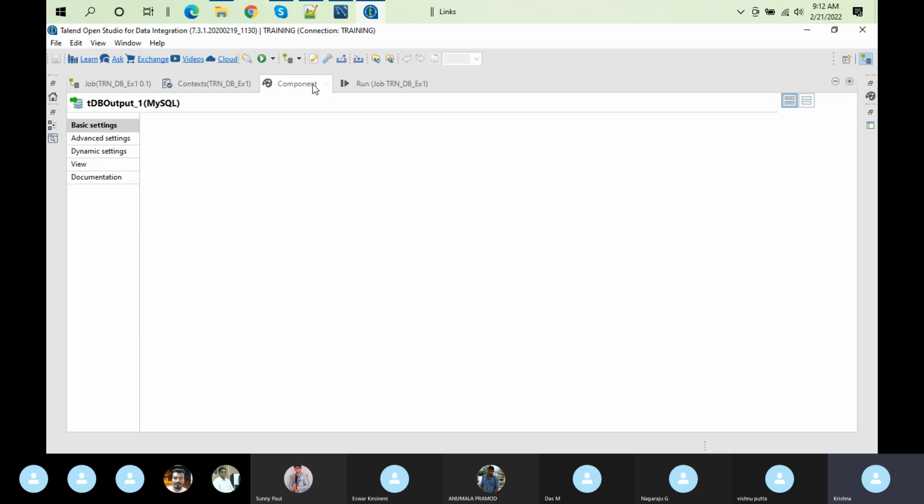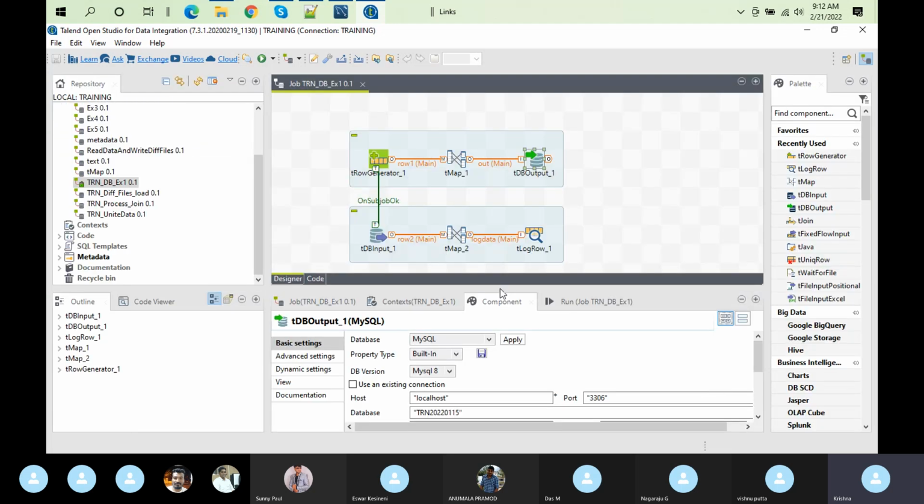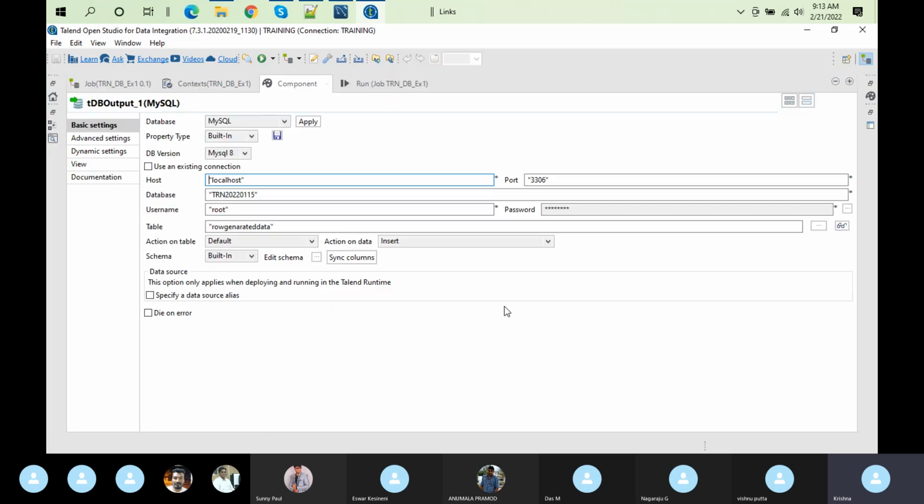If you want to write onto a table or create a table, which component are we going to select? Output components, tDB, MySQL. I'm using MySQL, so I'm going to use the MySQL component, and we can see what details we have to provide. This is again going to be common. If it is a file, we have to pass the path and the delimiter. Same way, if it is MySQL, you have to provide the MySQL related connectivity details, host name, credentials, whatever schema you are going to use,